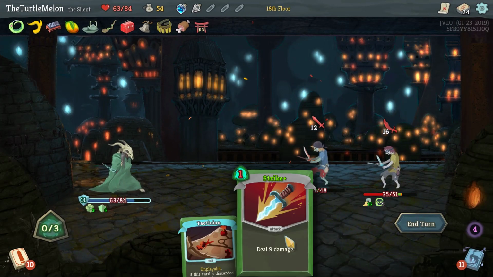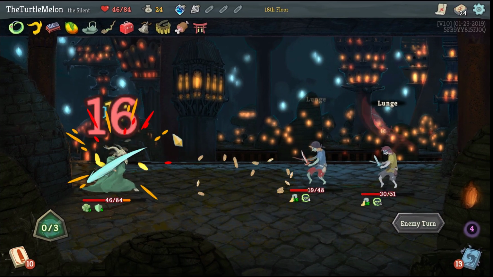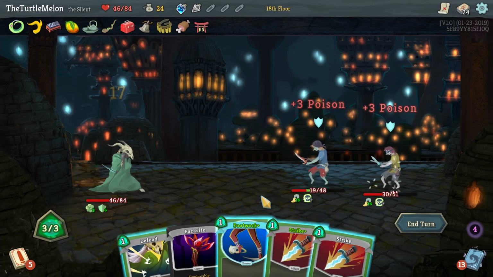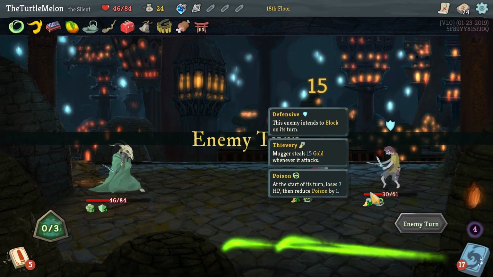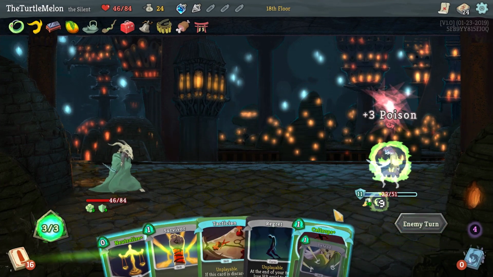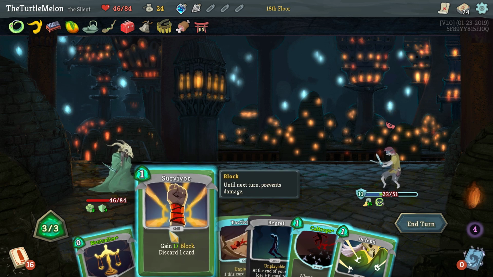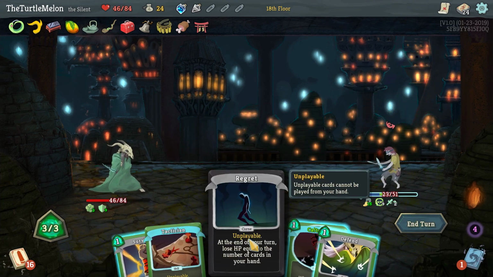This is not a good fight. This has not been a good fight. Luckily, Meat on the Bone should activate if we get below half HP, so... footwork. We don't need to play footwork. We can just kill that guy. Nice, he's dead. You're going to defend this turn and then barrel roll away if we don't get you. Unlikely to be able to get you, so this is sad. Yeah, he's not even going to attack, so we just can't